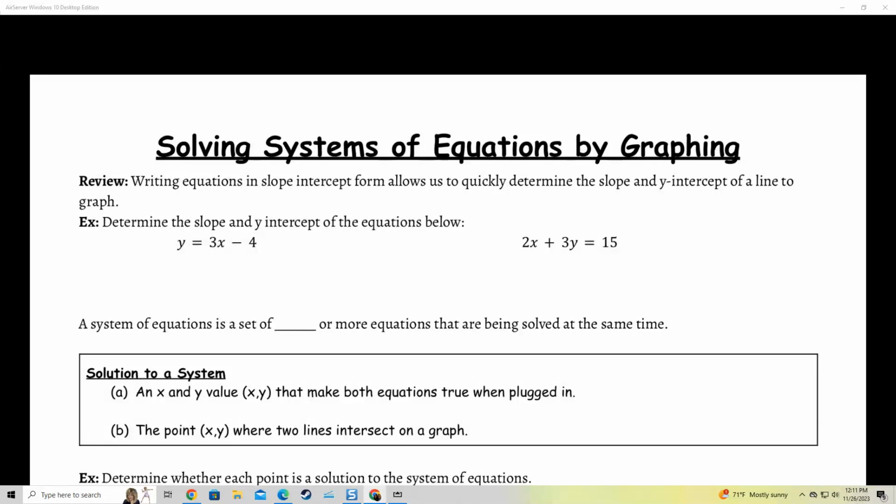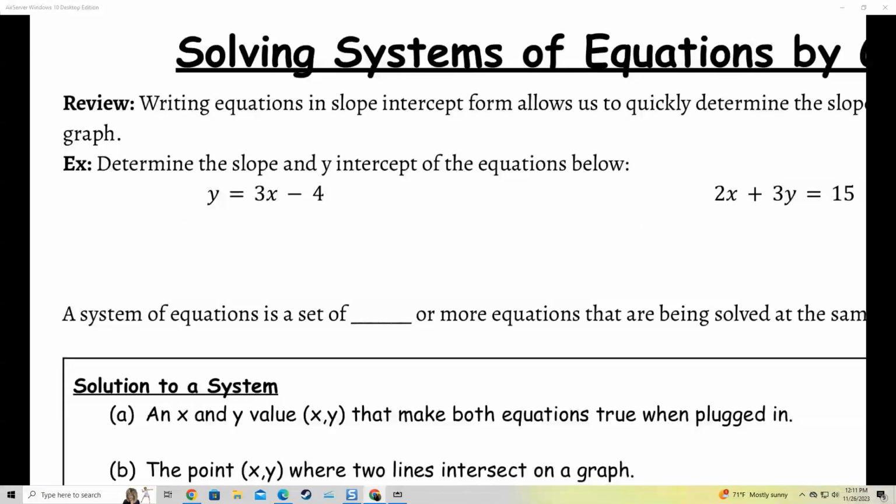So right away, this is already in slope-intercept form because it looks like y equals mx plus b. So I can jump in and already tell you that the slope in my case is going to be 3 and that my b is going to be -4. Remember, my slope is m. So this is telling me that my rise over run, that's not a fraction, right? I need to write it as a fraction, so I just put a 1 under it, which is telling me that this thing is going up 3 units